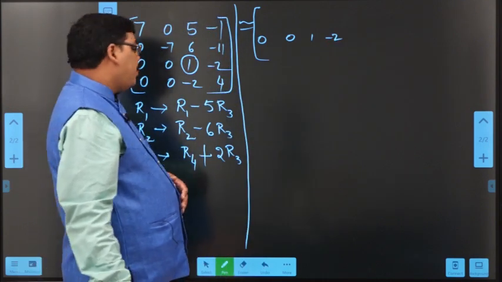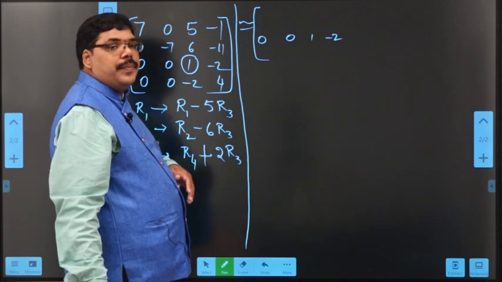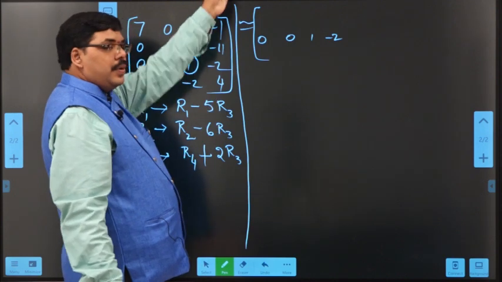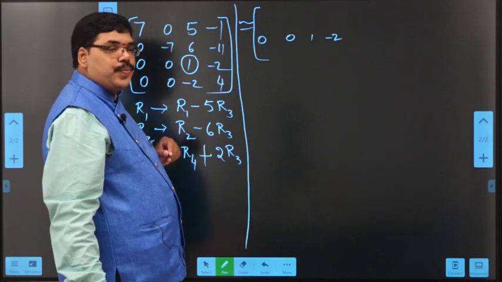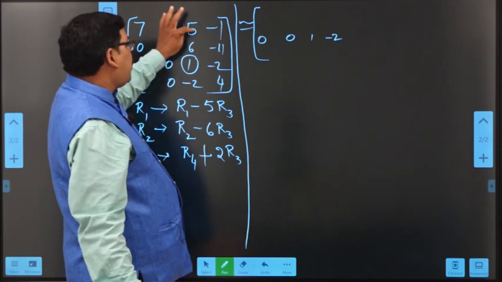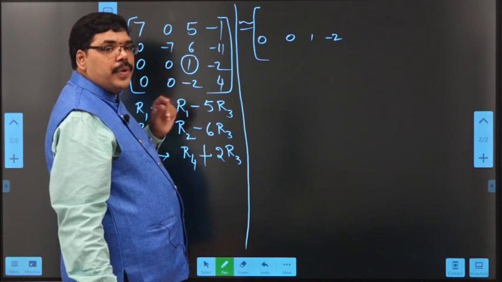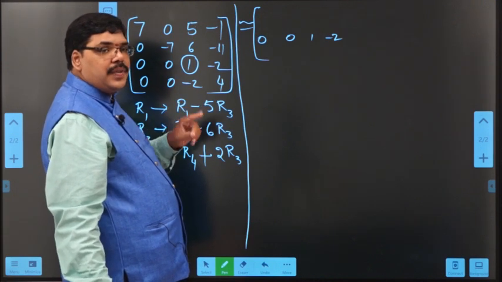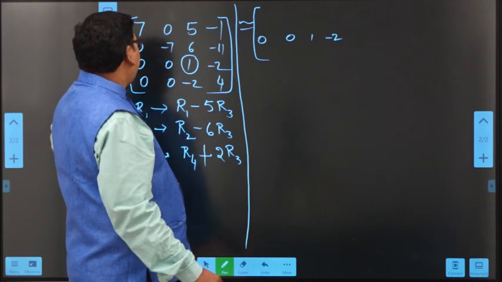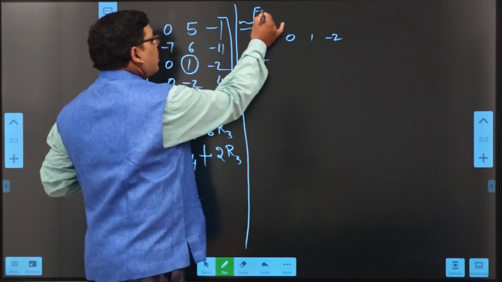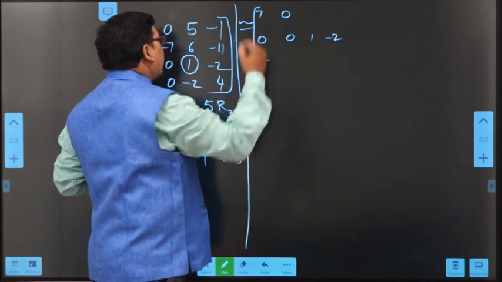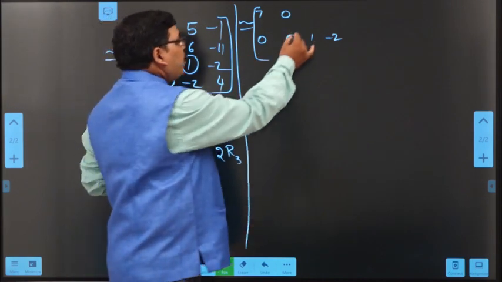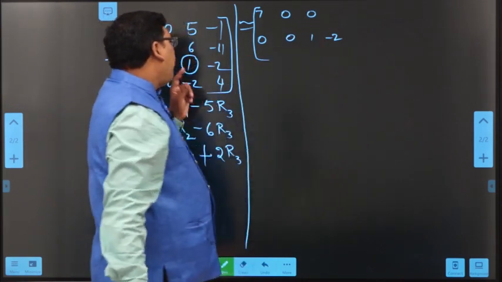Come to the first row, R1 minus 5R3. R3, the elements are 0, 0, 1, minus 2. R1, 7, 0, 5, minus 1. What you are doing? You are multiplying R3 with 5. So 7 minus 0, 0 minus 0, 5 minus 5, 0, minus 1,